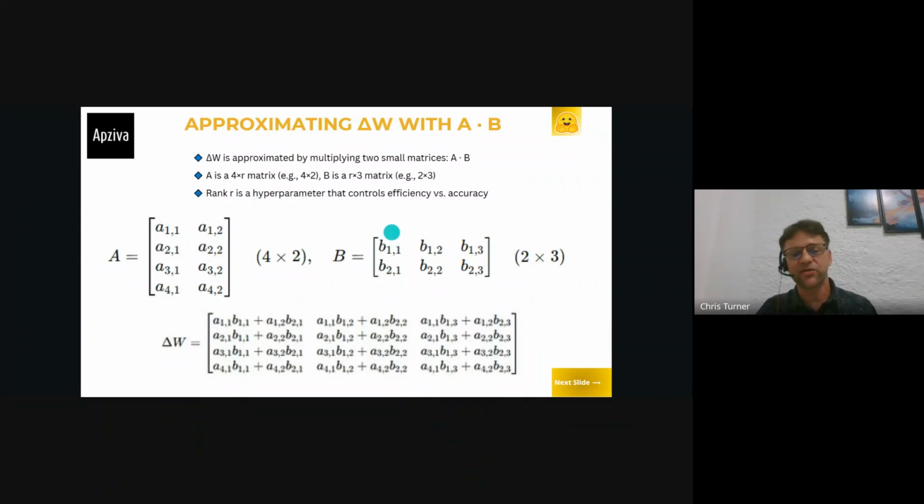If we have these two matrices and we train them, we adjust the weights only in these small matrices, and then we multiply this times this one plus this times this one, which is denoted here, we can follow that math across both matrices, and we can recreate a low rank adaptation of what the change in W would be.